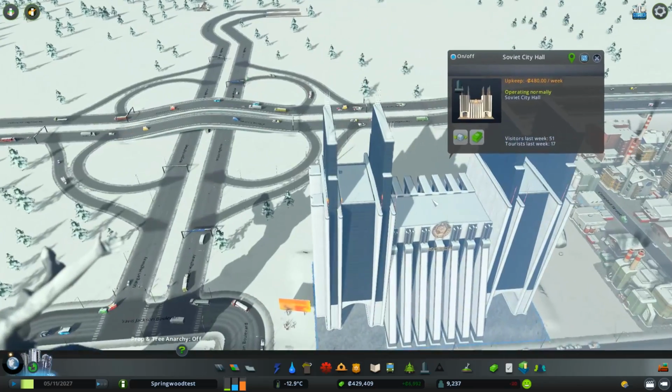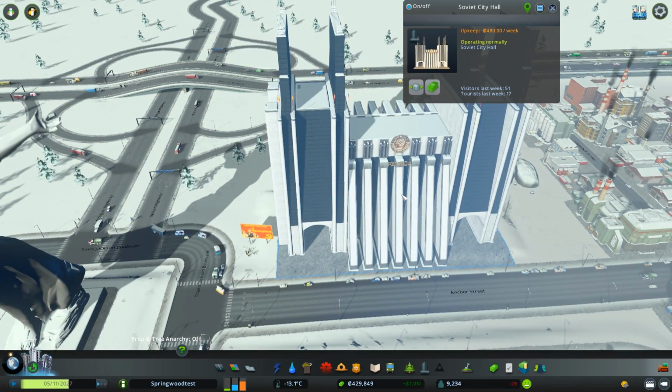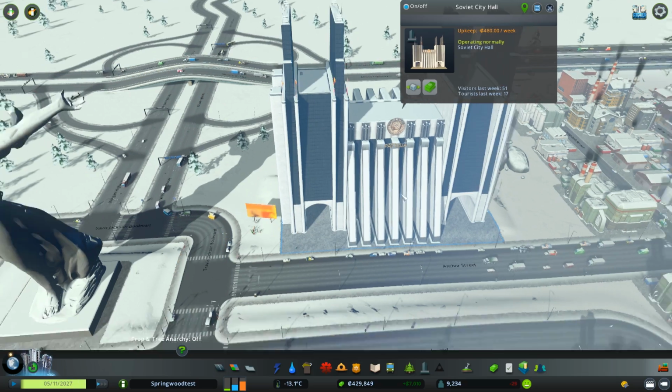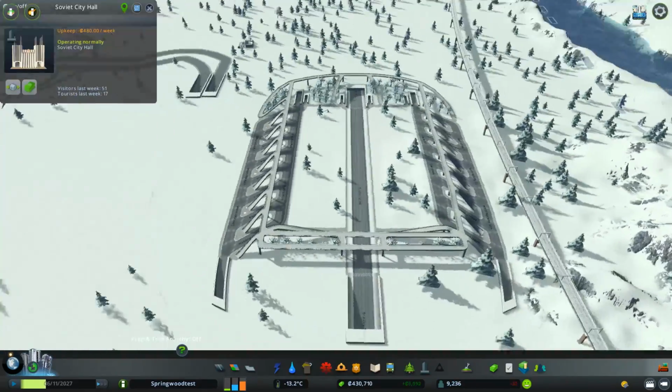Oh my god, does it look awesome. I'm not sure what it really does for the city. Apparently it brings in tourists, which I'm not sure we really profit from, but who cares? This looks frickin' amazing. Now this episode, like I promised, we're going to be checking out the metro system that